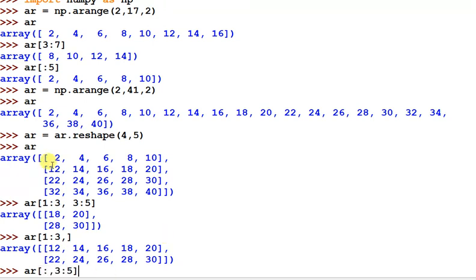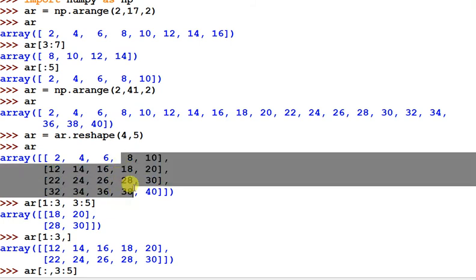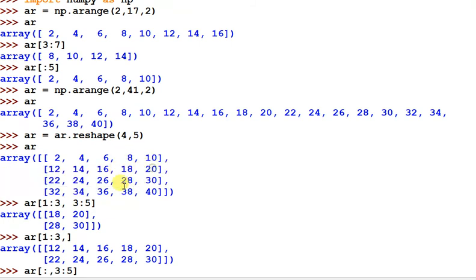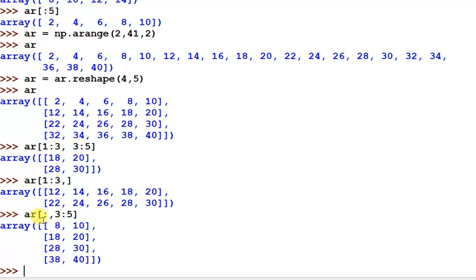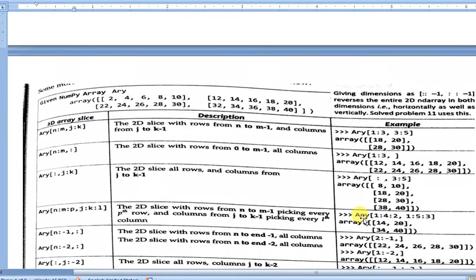So look here. All the rows will be selected, and columns 3 to 4, because the indexes are 0, 1, 2, 3, 4. So this and this will be selected. It will select all the rows and apply only the given column index. So this value will be returned.